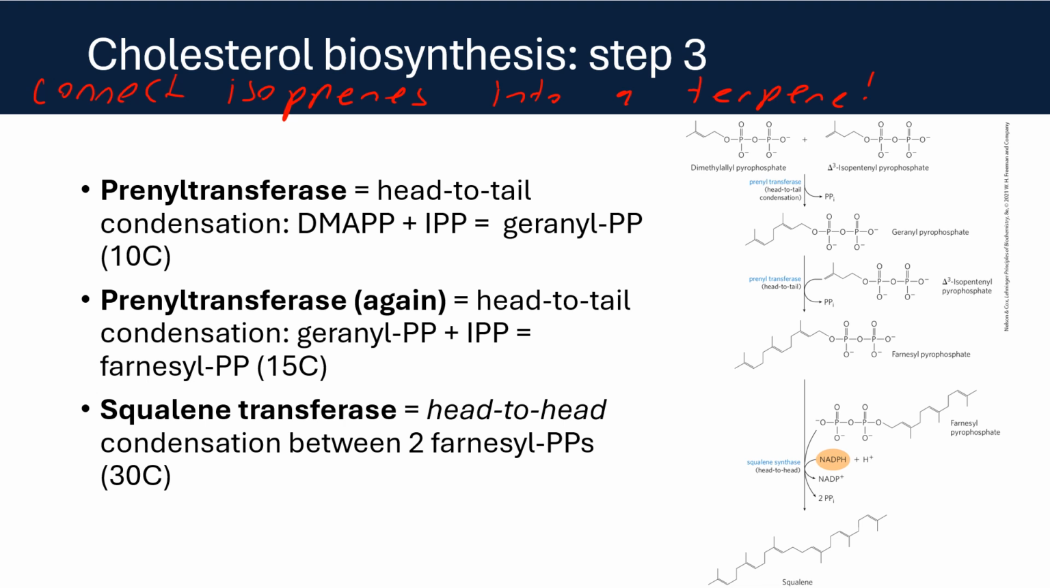First, we need the enzyme prenyltransferase. This is going to facilitate a head-to-tail condensation of 2 different activated isoprenes, DMAP and IPP. Remember that IPP has the terminal alkene, and DMAP is basically IPP that underwent that hydride shift. When we connect together DMAP and IPP, we are going to get a 10-carbon compound called geranyl pyrophosphate, or PP